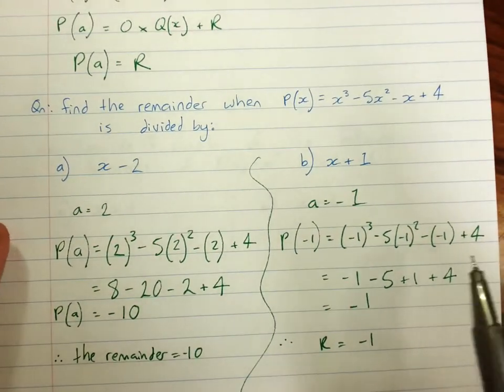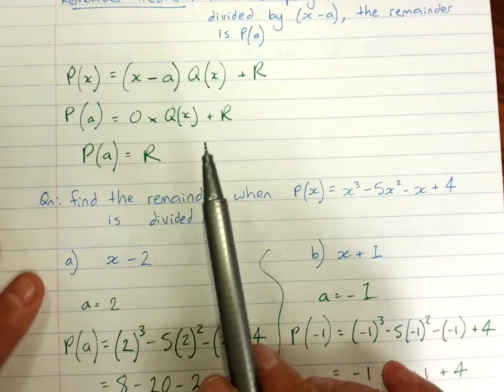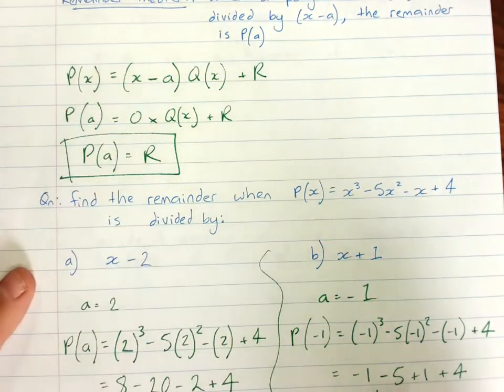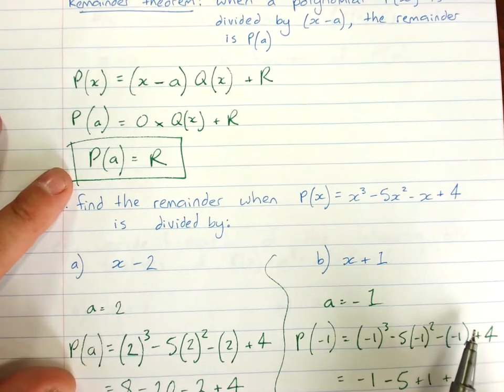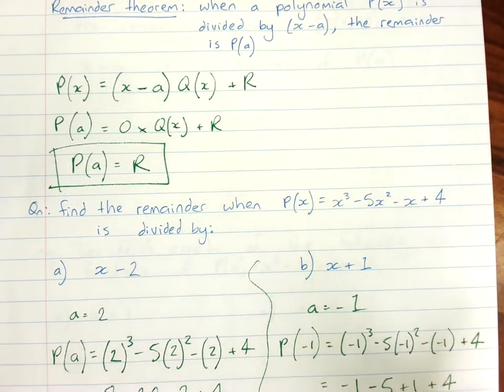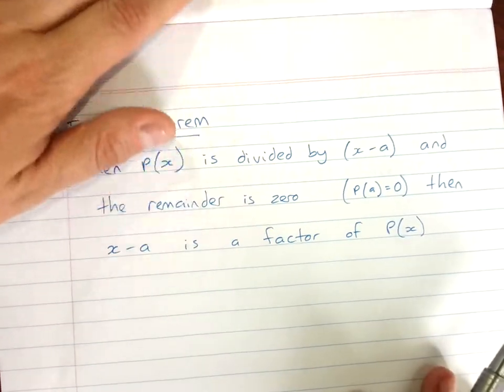So we can find the remainder using the remainder theorem for any polynomial division. Now where that comes in really